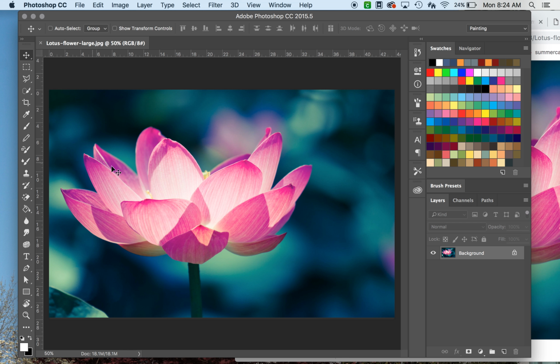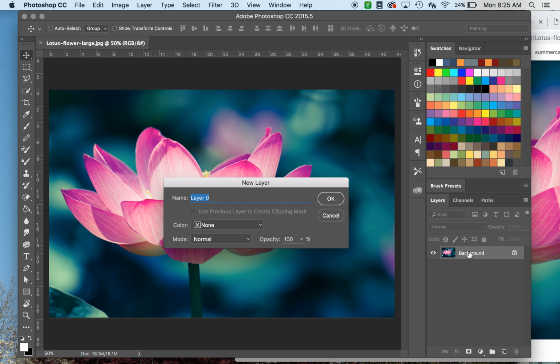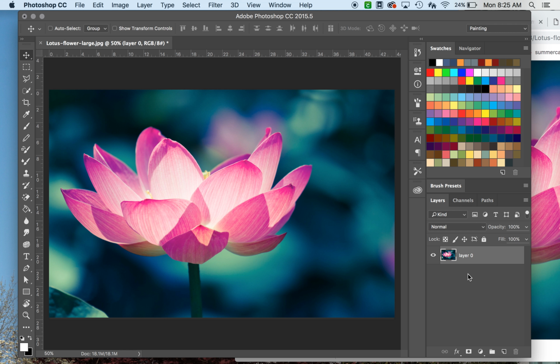All right, so once you drag it into Photoshop, it's going to open as a new layer, which again is right here. It's really imperative before you start the process of turning things black and white and leaving something in color that you double click your background layer. So you double click on the word background, and it's going to pop up a new layer box. You can name it whatever you want, like flower background, or you can just leave it layer 0. It actually doesn't matter. There you go. You don't have to worry about this. So you just press OK. Now we have layer 0. In order to turn